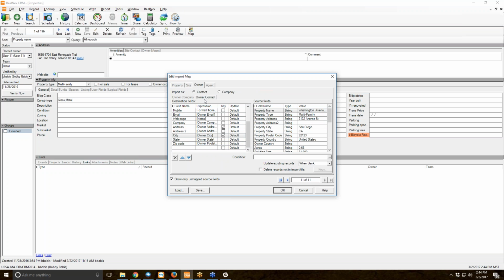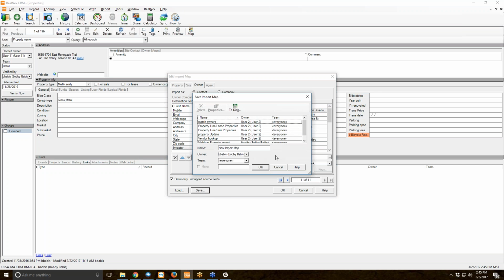which can actually be useful, for example, when you're on the contacts. Let's say we wanted to mark investor for all of these contacts when it imports them. Well, we can select the investor field, go to the expression, and within quotation marks, just put the word true. That will automatically check that checkbox for all 11 of these contacts. Well, there actually should only be like 5 or 6, but all 5 or 6 of these contacts. So now we've got all of the fields mapped here. We can then save the map,